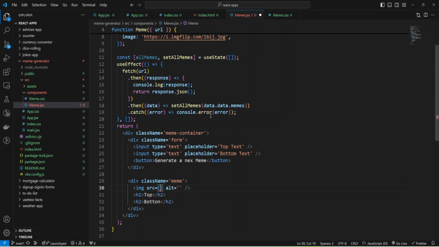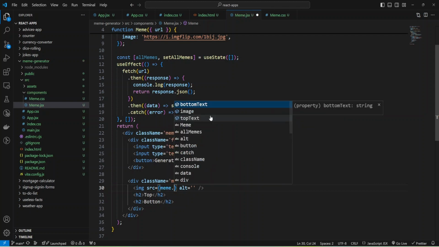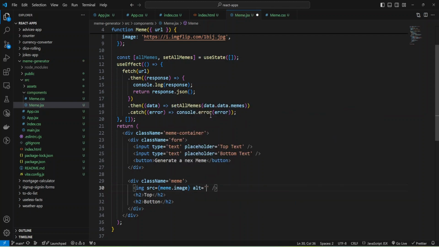Okay, and I'm going to provide meme image, and our text will be meme image, and also I can add class name with meme image, and let's check what I have so far.